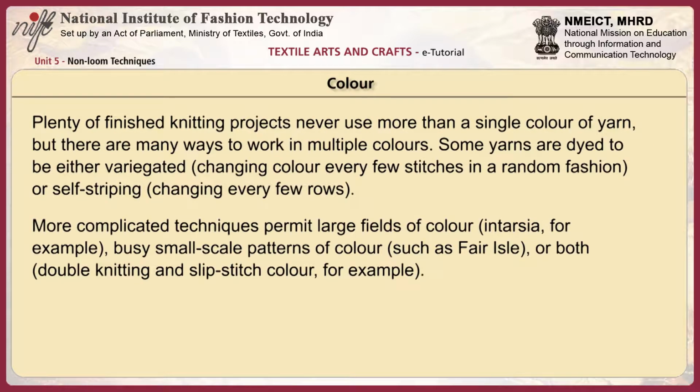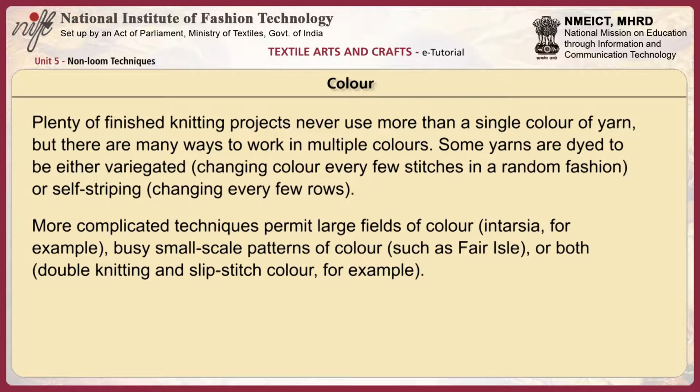Plenty of finished knitting projects never use more than a single color of yarn, but there are many ways to work in multiple colors. Some yarns are dyed to be either variegated, that is changing color every few stitches in a random fashion, or self-striping, changing every few rows. More complicated techniques permit large fields of color. In intarsia, for example, or busy small-scale patterns of color such as Fair Isle,